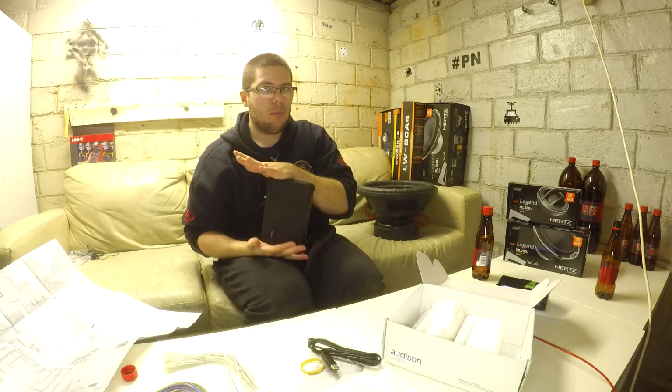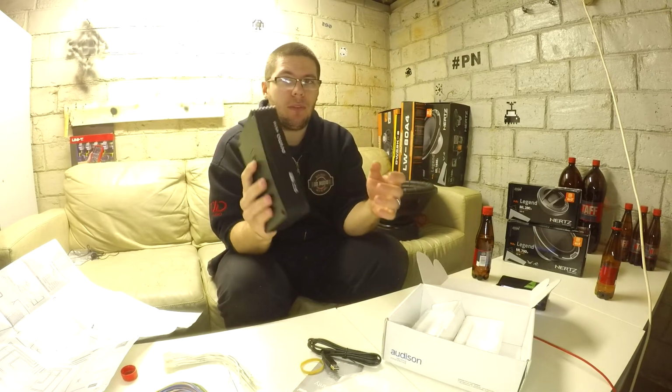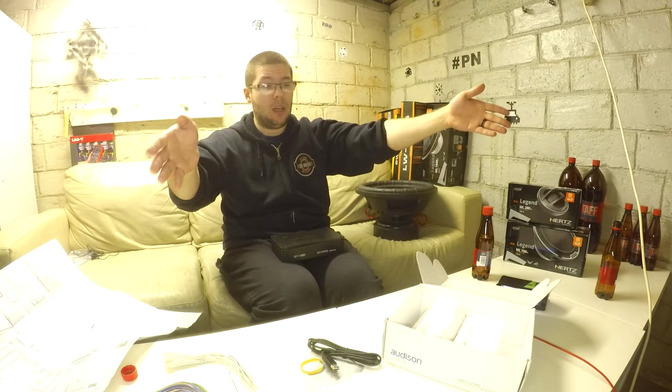Now with the Audison Prima series, Audison Bit 10 and Bit 10 HD, all the DSPs Audison has, and the 4-channel, 5-channel and 8-channel Prima series amplifiers have the same DSP inside. You simply tell the DSP that this speaker is 1 meter away, this speaker is 30 centimeters away, that speaker is 130 centimeters away, and that speaker is like 2 meters away from me. It will itself determine which speaker has the highest distance and calculate the time alignment for every speaker, so every speaker is aligned the same amount away from you,